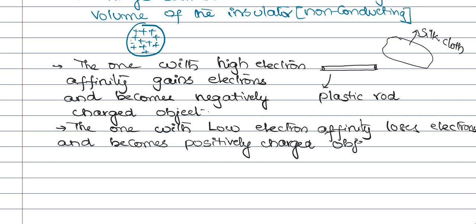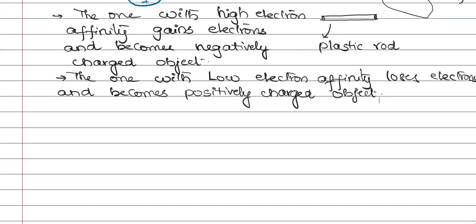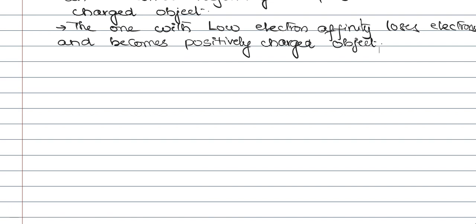And it becomes a positively charged object. So this is how we'll provide charge for two insulators. We'll just rub one insulator with the other, so that the one with high electron affinity gains electrons and the one with the low electron affinity loses electrons. The next method is